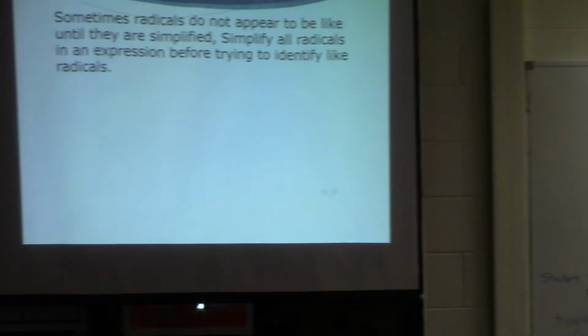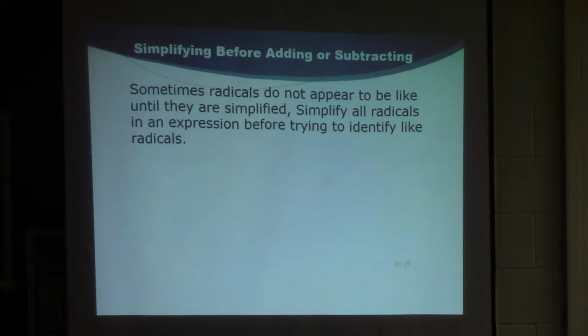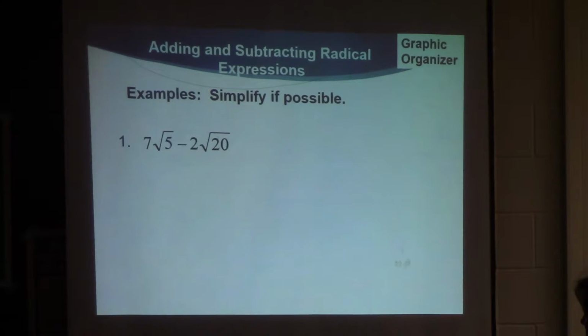Okay, so sometimes you'll look and you'll see that if the indexes don't match, that's an automatic, I can't add it, okay? But sometimes the radicands are different, but if it's a big number, sometimes you can make them the same. So this is what this is about. So I've got 7 radical 5, and this is on your graphic organizer. You have to flip the page. So I've got 7 radical 5 minus 2